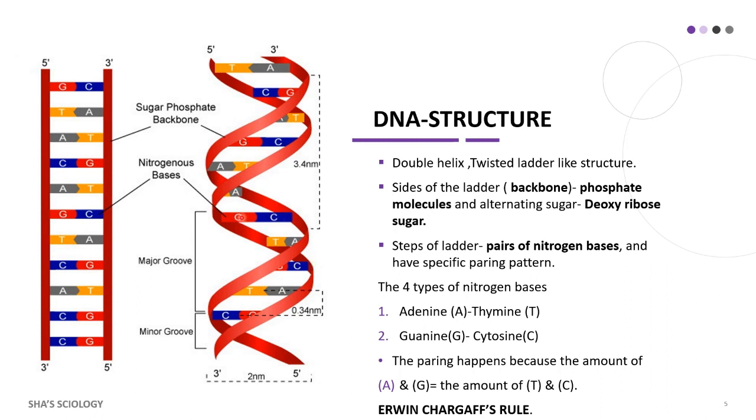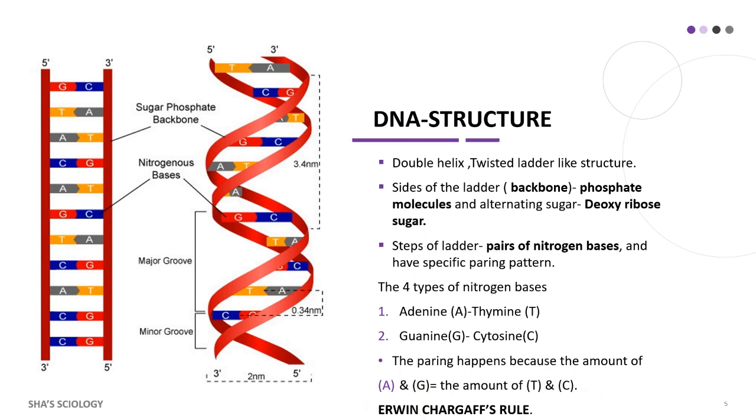The steps you can see in the ladder are made up of pairs of nitrogen bases which have a specific pairing pattern. The four types of nitrogen bases present in the DNA are adenine, thymine, guanine and cytosine, which pair in a specific pattern to form the whole DNA structure. So the adenine pairs with thymine and the guanine pairs with cytosine. This pairing happens because of the amount of the nitrogen bases in the DNA molecule. The amount of adenine and guanine is equal to the amount of thymine and cytosine, which corresponds to the